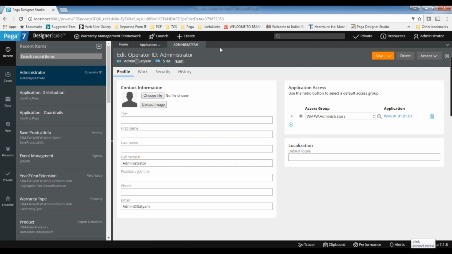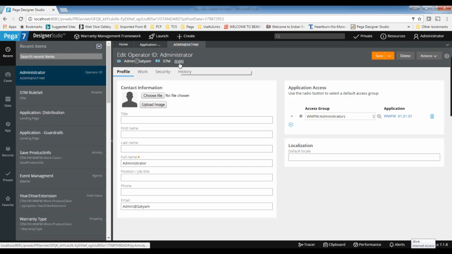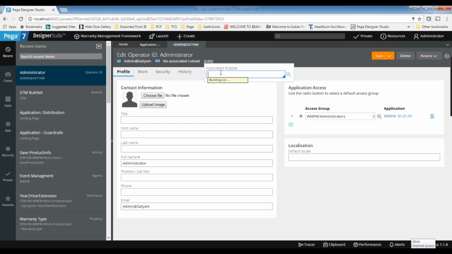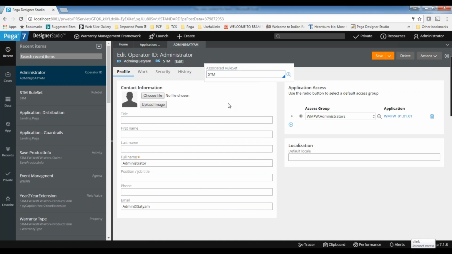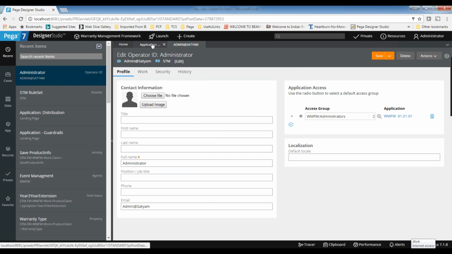So when you ship STM, automatically this entire data instance also will come. If you don't want to ship it, you can just click edit and remove this one. That's it. No associated rule set. If you want to associate some data instance, you can just click on that and click the rule set. This will come automatically. That's how you can do association and disassociation.